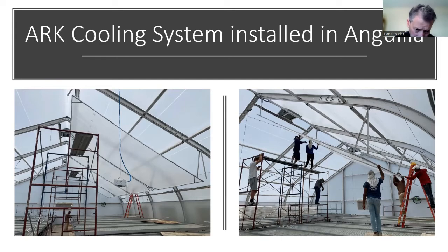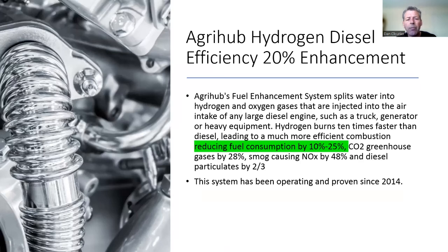This particular greenhouse is for a very, very high-end resort. And yes, it grows tomatoes and so forth, but also grows lots of lettuces and so forth for the resort clientele. So to switch gears from that a little bit, we just wanted to highlight a system that Agrihub also has